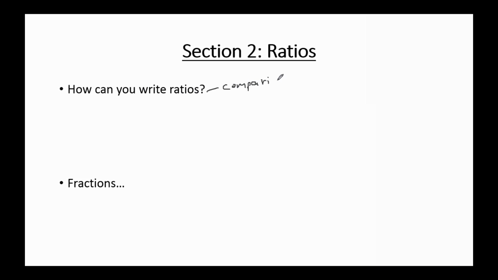A ratio is, by definition, a comparison. I'm going to apologize now for my handwriting because it's horrible in person. It's just as bad on a computer. So using Ryan's example of a fraction, we could write 3/4. That is one way to write a ratio. Now, because it's a comparison, you can write it using a colon. You can write it with the word to: 3 to 4. Are there any other ways? Colon, fraction, per, thank you. So 3 per 4.